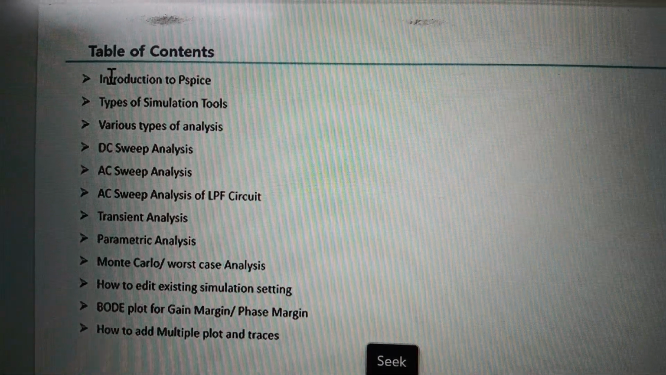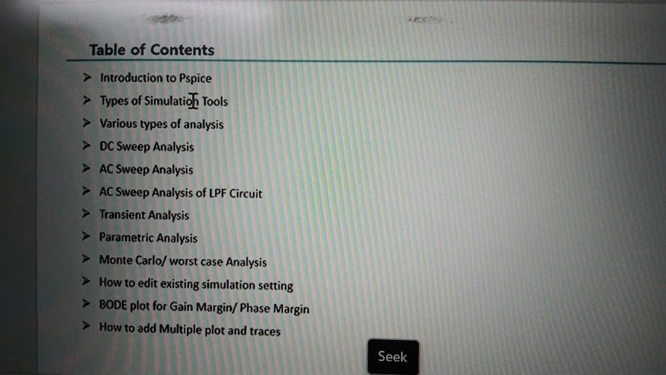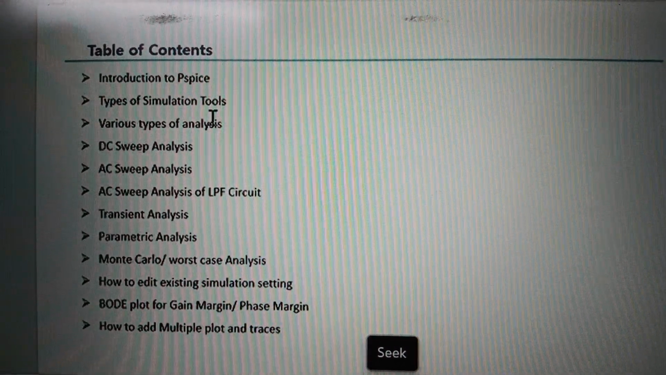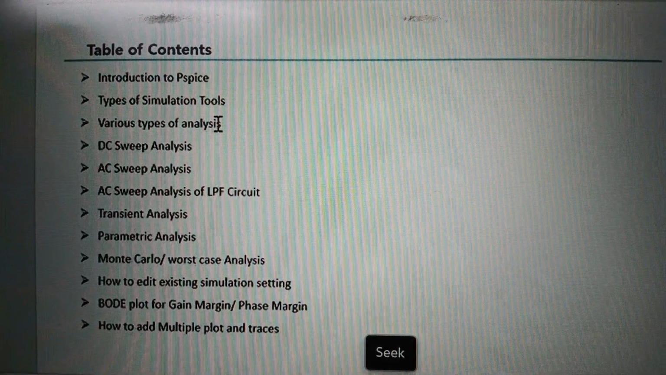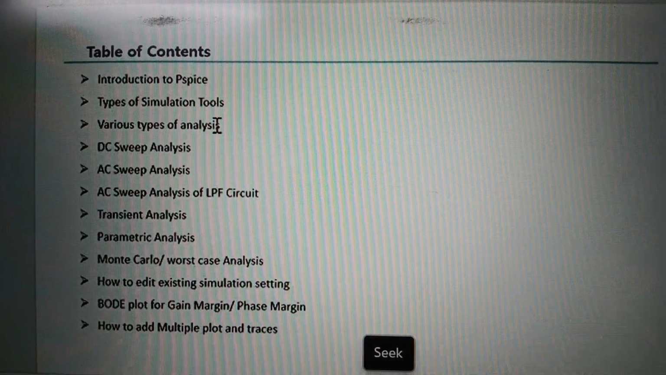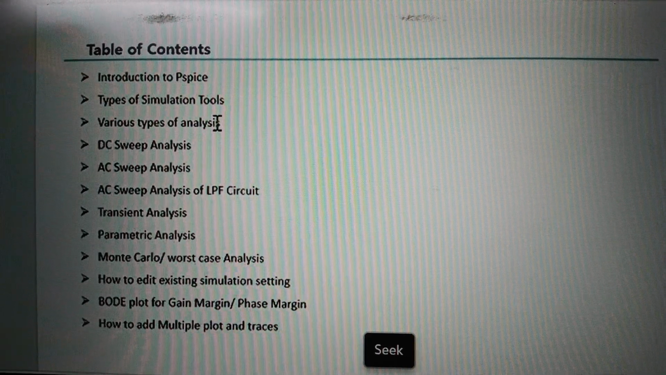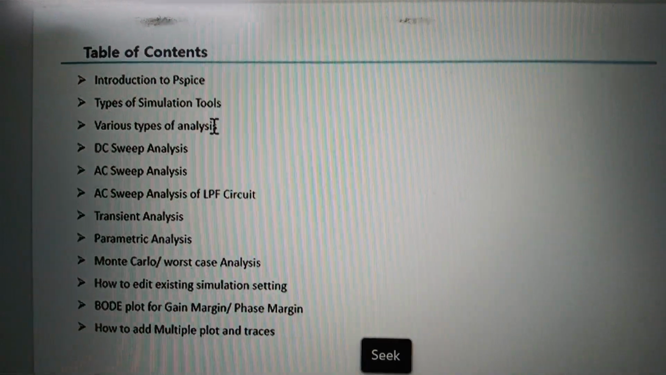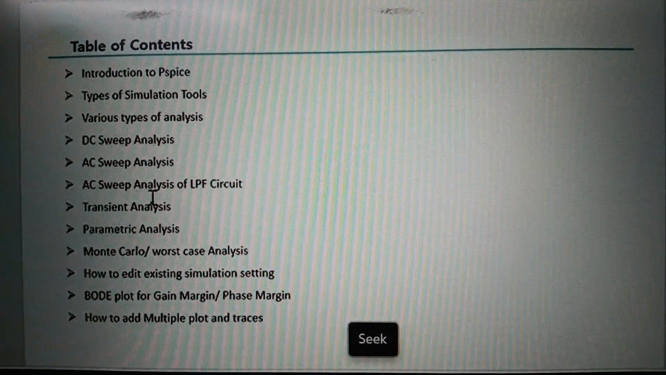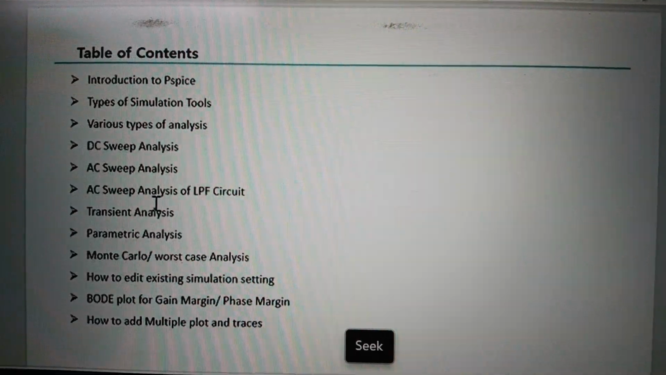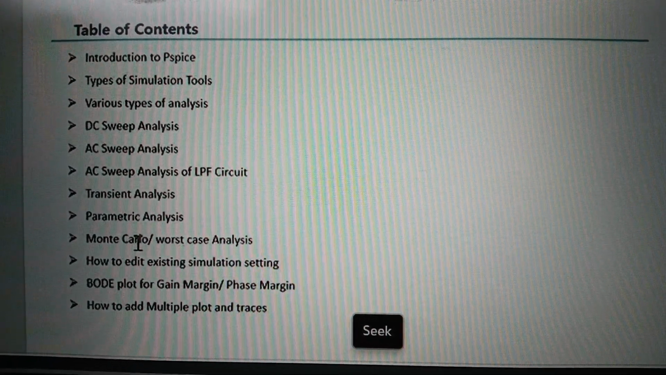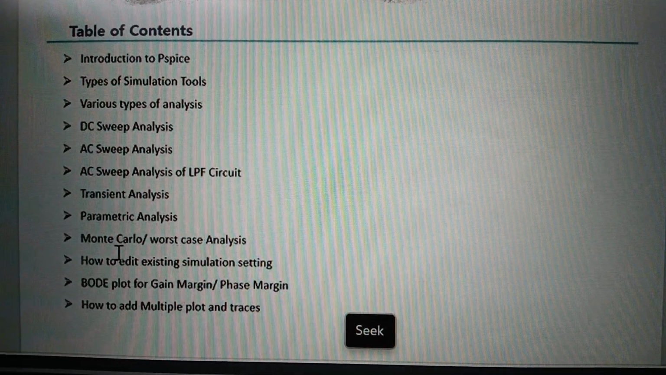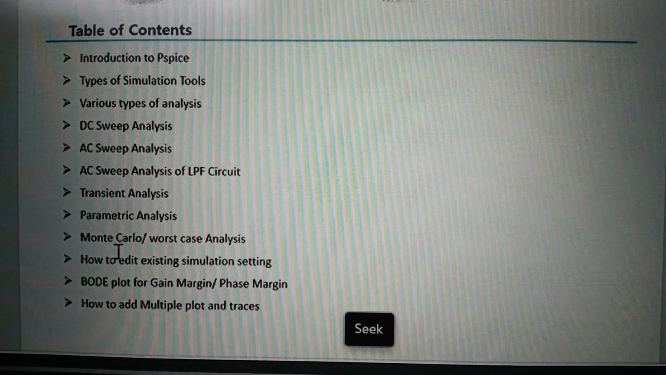Like introduction to PSpice, the types of simulation tools which we are using widely nowadays, then various types of analysis, like DC sweep analysis, AC sweep analysis, and AC sweep analysis with the low pass filter. I'm just giving the example. Then coming to the transient analysis and the parametric sweep analysis, and Monte Carlo and the worst case analysis, and how to add the existing simulation setting, and then coming to the board to